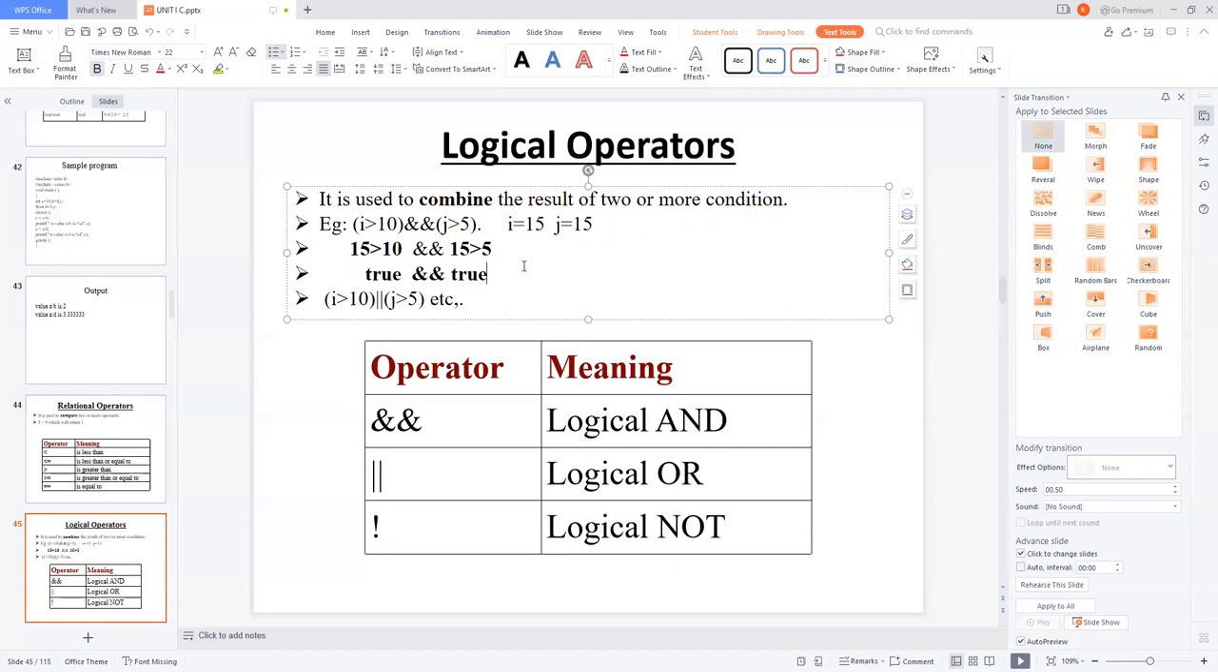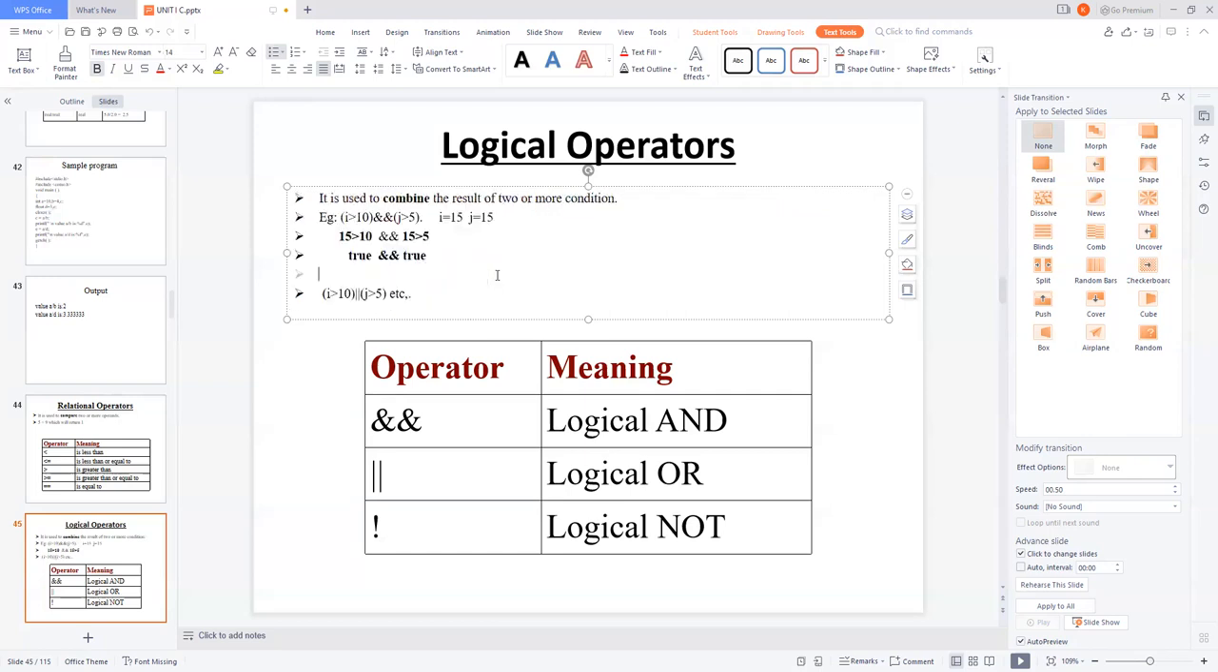So 15 is greater than 10, yes, this condition is true. Here this is a logical AND operator. AND means if both the conditions are true, it will return the value 1. Output will be displayed as 1. So this is the truth table for logical AND. And the next